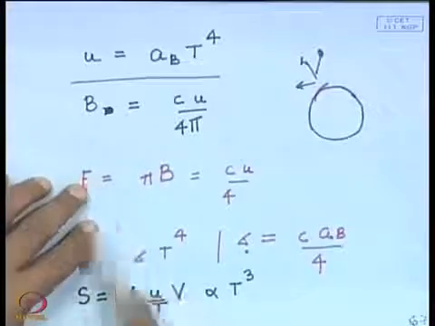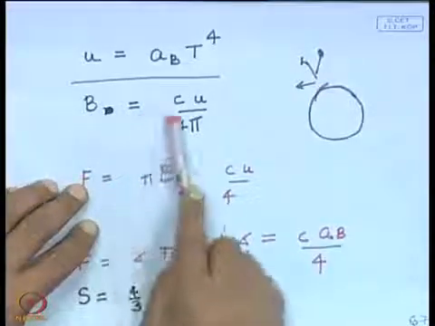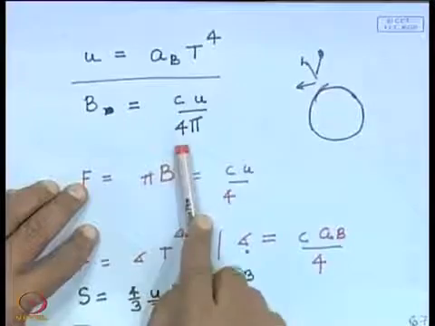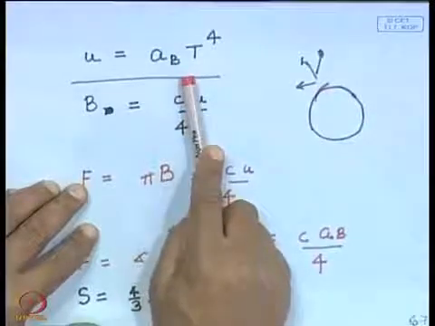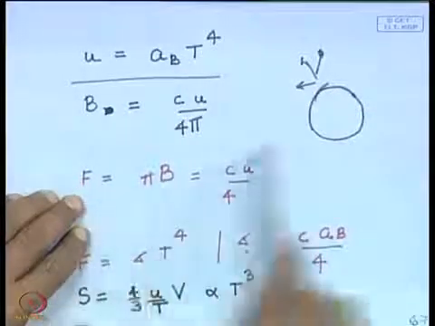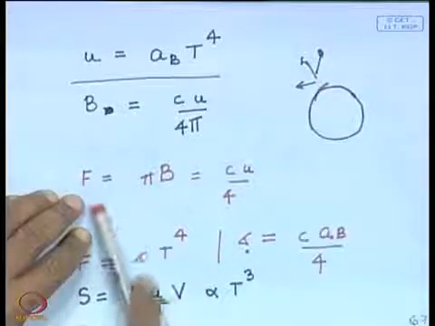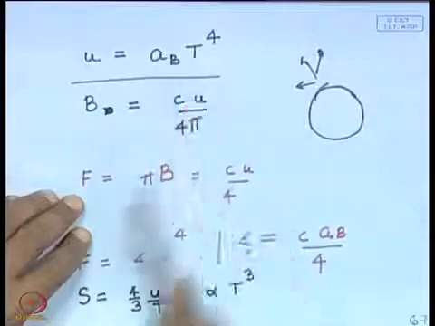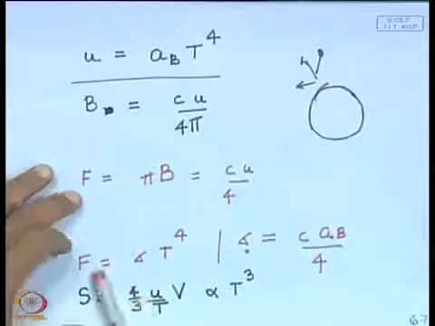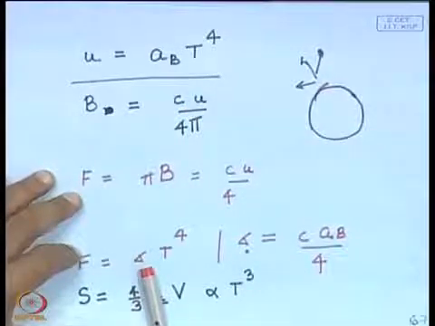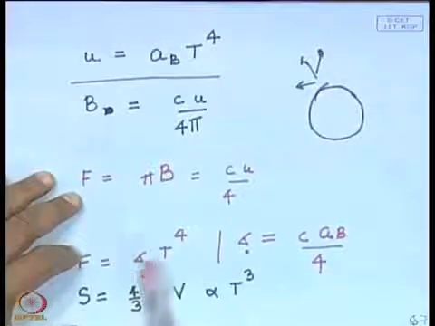The flux, the brightness, is c into the energy density by 4 pi, which also scales as T to the power 4. And the flux from any surface of a black body cavity we saw also scales as T to the power 4, and this constant is called the Stefan-Boltzmann constant sigma, and it is related to this